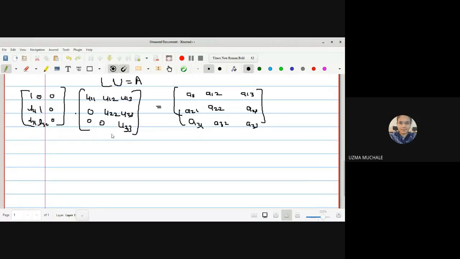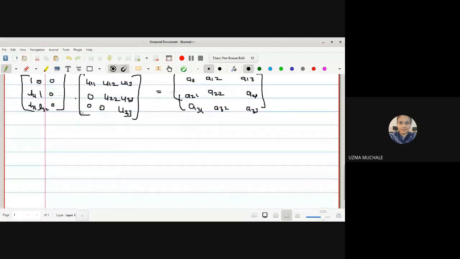Now, with the help of these calculations, we have to multiply these two matrices and find out the values corresponding to A11, A12, A13 and so on. These values we already know, since we are provided with the system of equations. The coefficients of x, y, and z are nothing but these Aij. And we have to multiply these two matrices so that we can get the values of L21, L32, U11, U12, and so on. So let me multiply these two matrices.